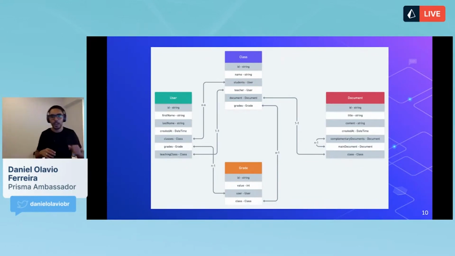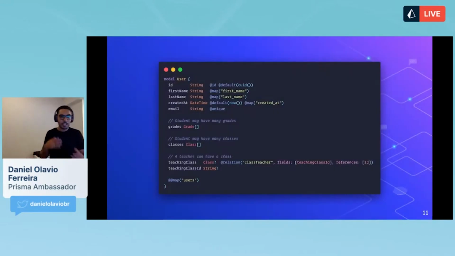So as you see, even though we have only 4 tables, we have a lot of different relations. We have one-to-one. We have many-to-many. We have many-to-one. We have self-relations. So even though it's a very small database, it can get really complex. So let's get started defining our model.